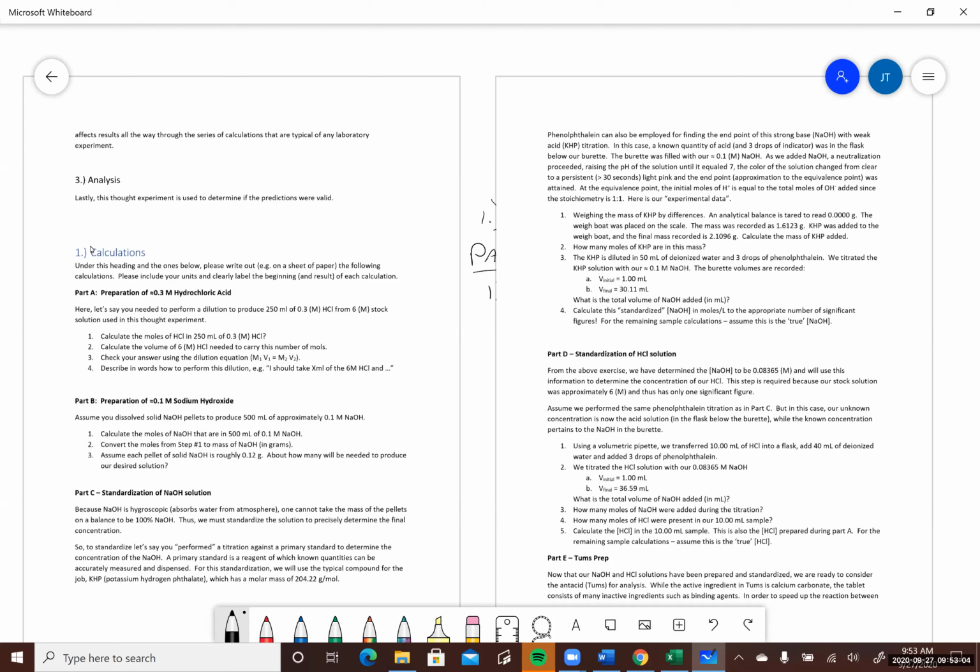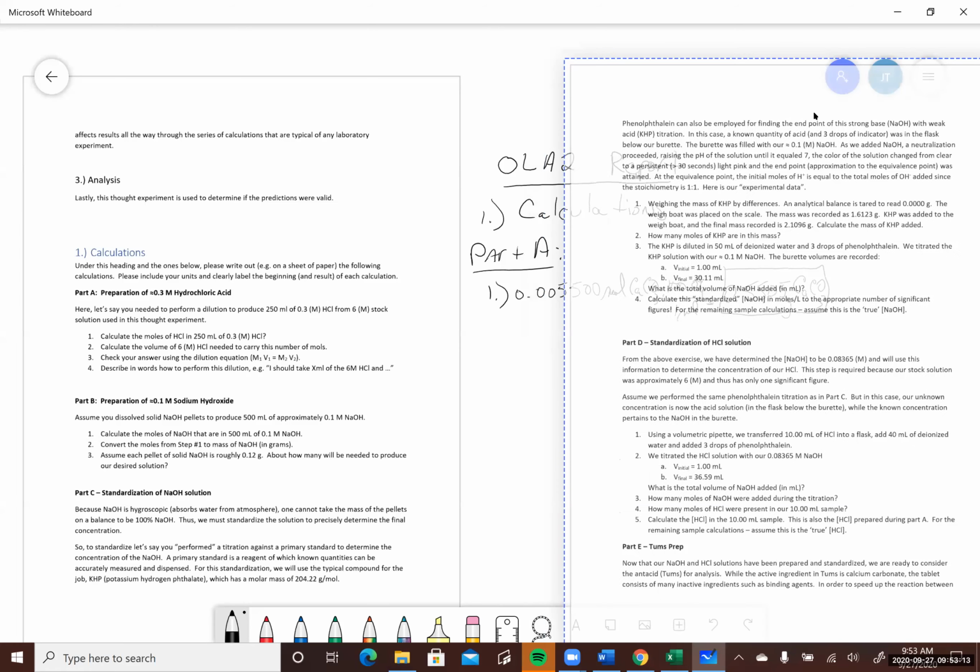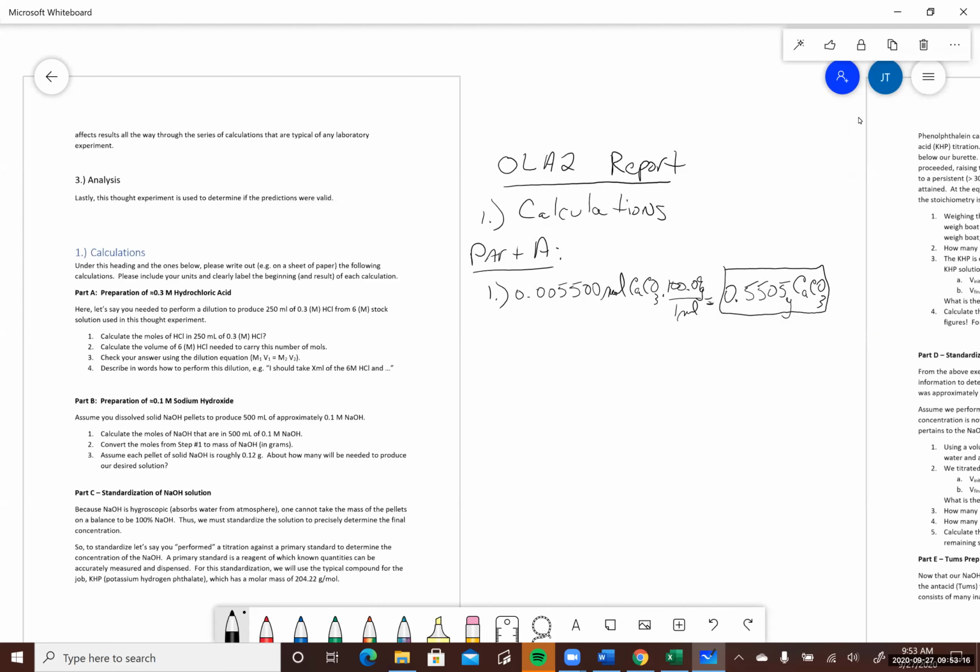So here, the first part, I have calculations. So you're going to do what it says here on a piece of paper. You're going to write something like this: your name, of course, online activity 2, OLA2 report, calculations part A, and then just do these calculations. And these calculations here are pretty standard for an introductory chemistry laboratory like you'd find in Chem 200, where you're doing an acid-base analysis with titration,